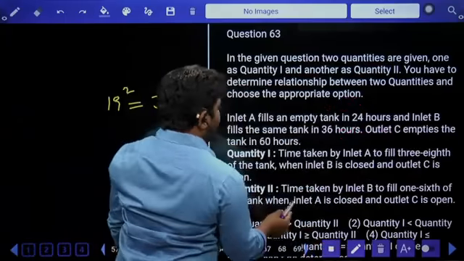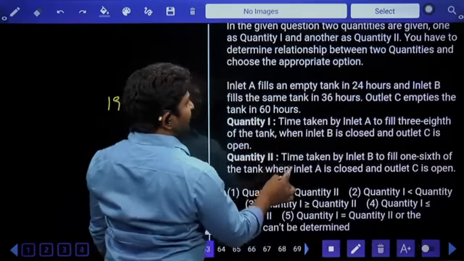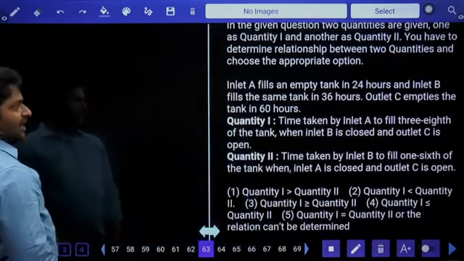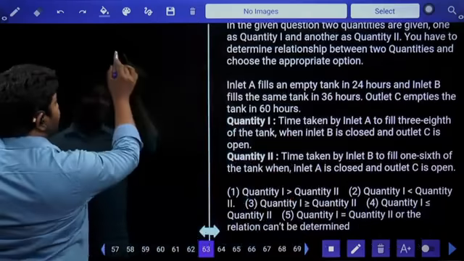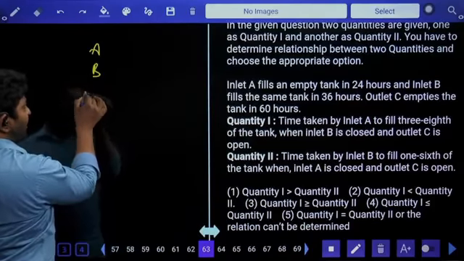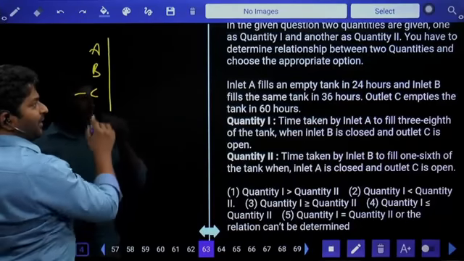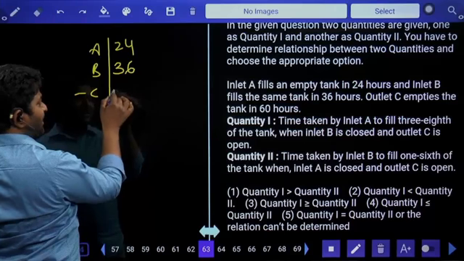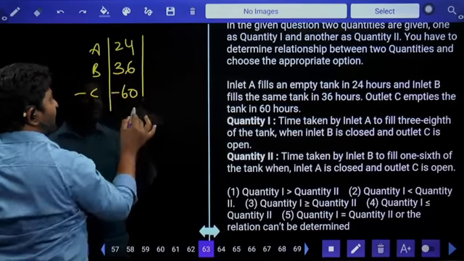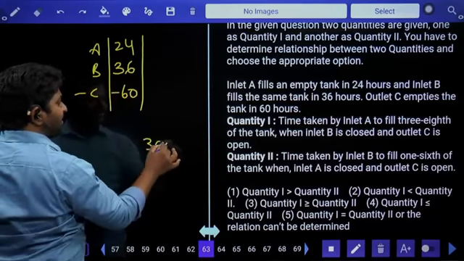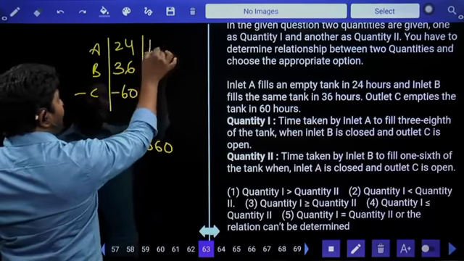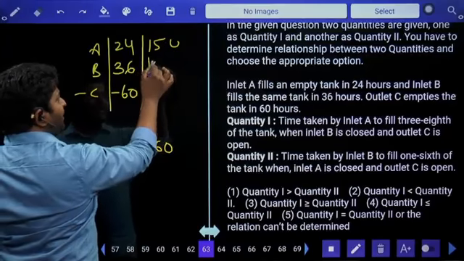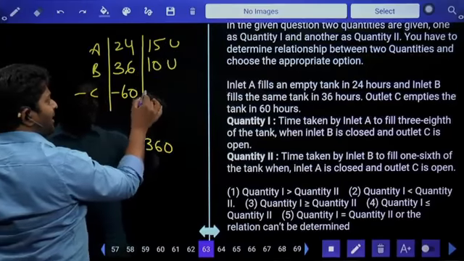Now, inlet A fills an empty tank in 24 hours. B fills the same tank in 36 hours. Outlet C empties the tank in 60 hours. So here A, B are inlets and C is outlet. One inlet can fill the tank in 24 hours, the other one 36 hours, and the last one 60. So LCM is equal to 360. A can fill 15 units per hour, B can fill 10 units per hour,